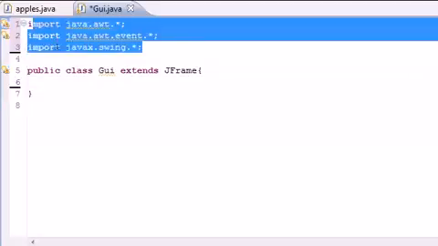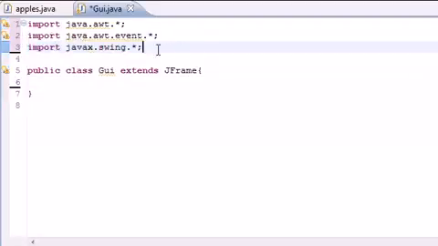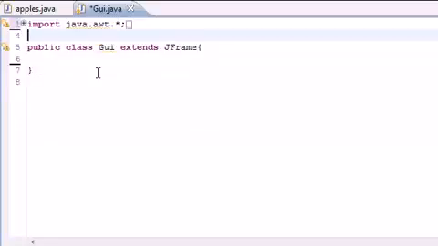So I already got my imports right there. If you want to copy those, go ahead, but I'm going to go ahead and minimize that right now. So if you need to copy them, pause your screen, but if not, see you later. They're annoying me. So now I already made this class called GUI, and it extends